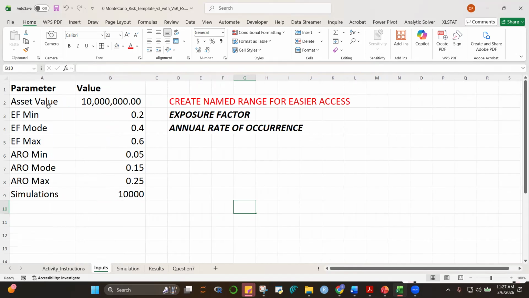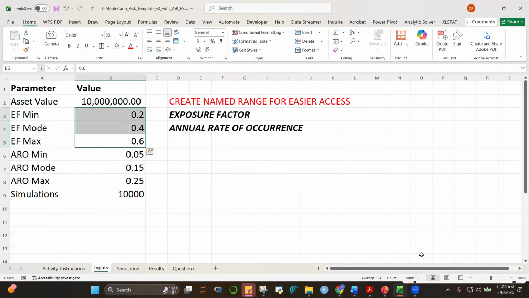Okay, this is our asset, the value of the asset that's exposed to risk. Let's peg it at 10 million. And then our exposure factor, minimum, mode, and maximum. So these are assumptions that we make. As I said, the assumptions can of course change with a changing environment.